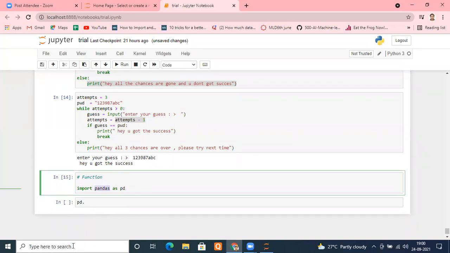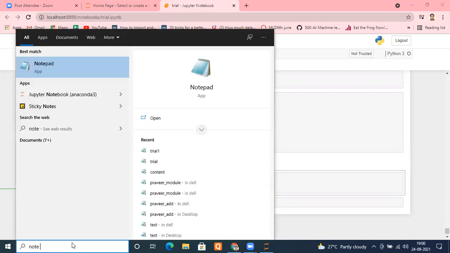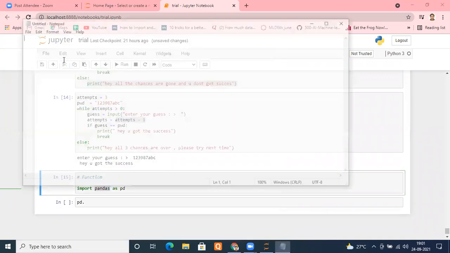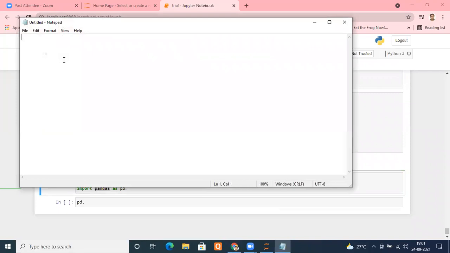How? Let me open a notepad file. In the notepad file, suppose I create 3 functions. The first function is defined with the keyword def. I'll come to it in detail, but understand how we can get this kind of scenario as with import pandas as pd. My function name, let's say, is add.